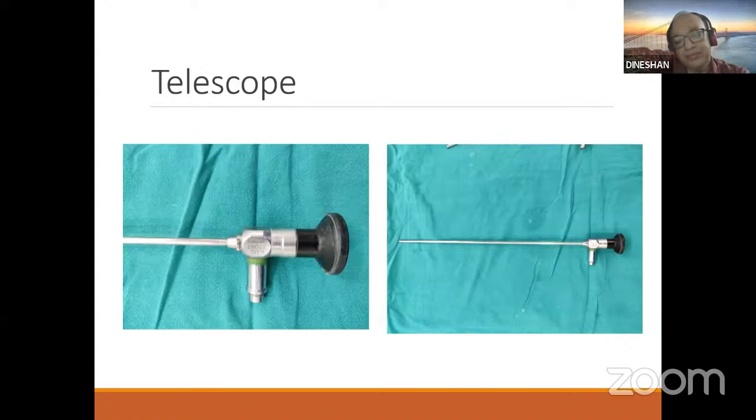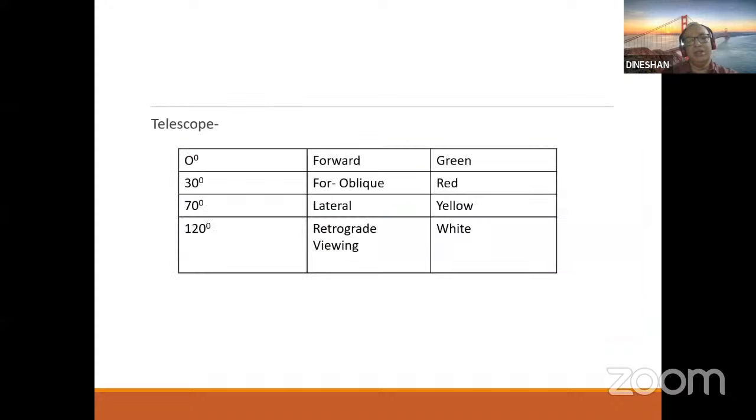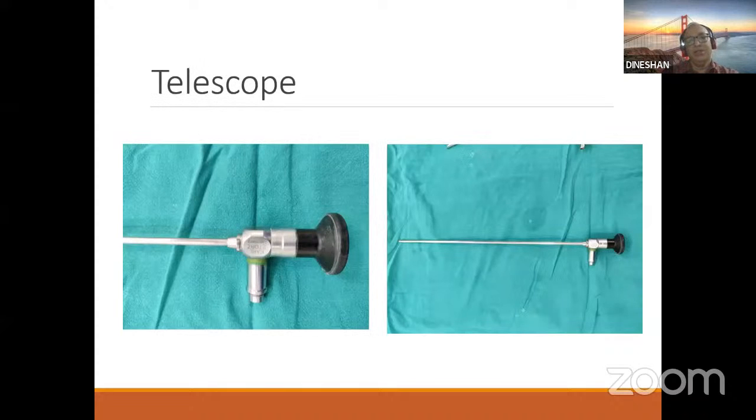And later on, with the introduction of the Hopkins system, the space in between the rod lens was acting as the lens. So that improved the clarity and the visibility and the image.